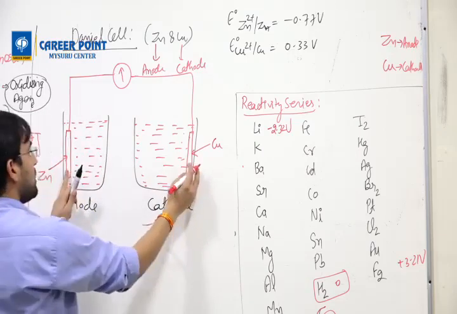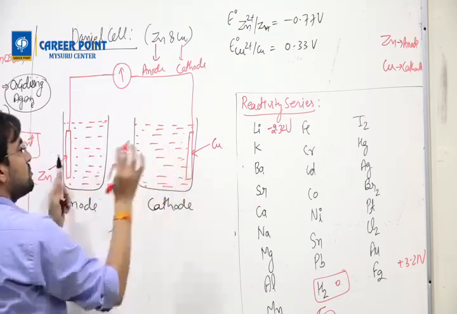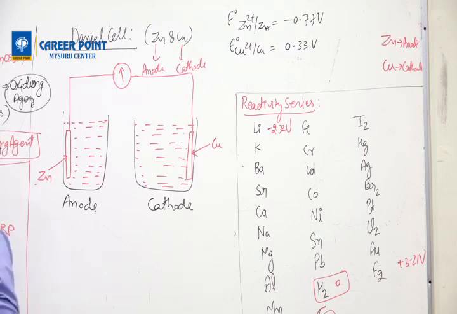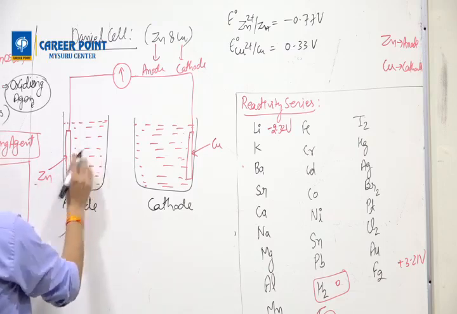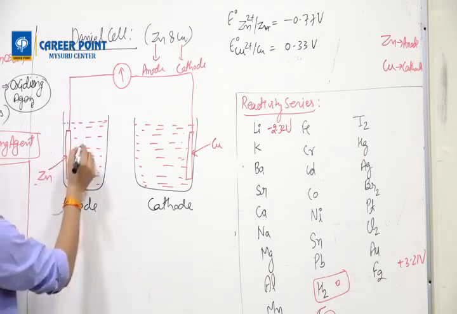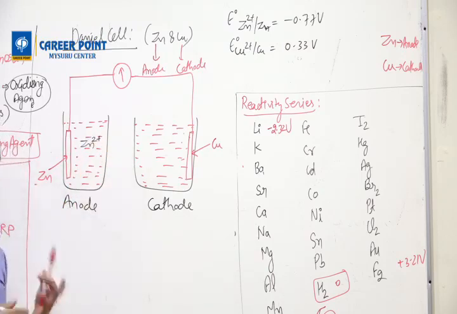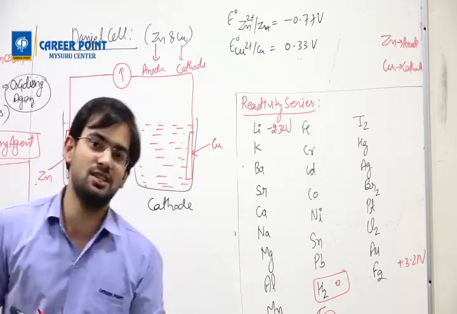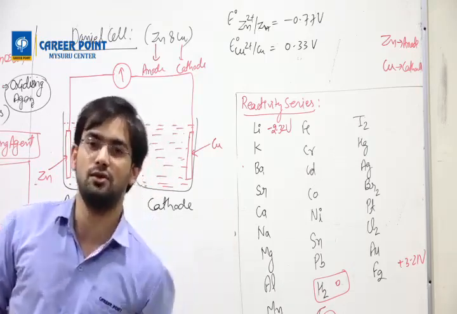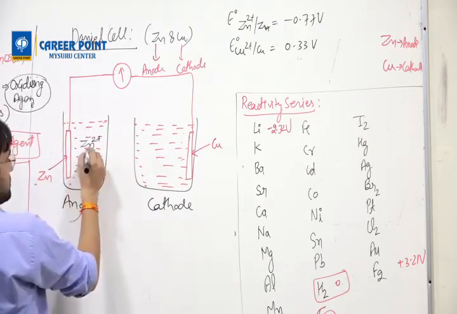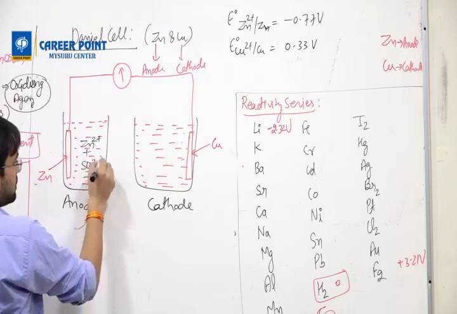Now as these two are different electrodes, their solutions will also be different. What is the solution here? This solution must have this component, that means it should have Zn2+. Zn2+ you can get from any compound such as ZnCl2, ZnF2, ZnSO4. You can take anything. So for Zn2+, I am taking SO4 2-.